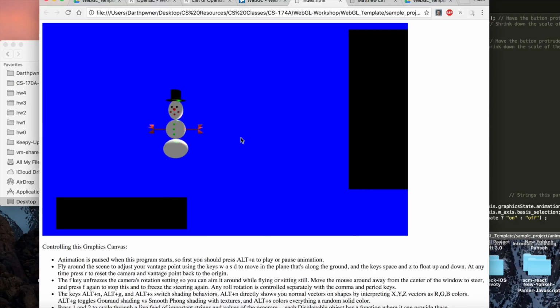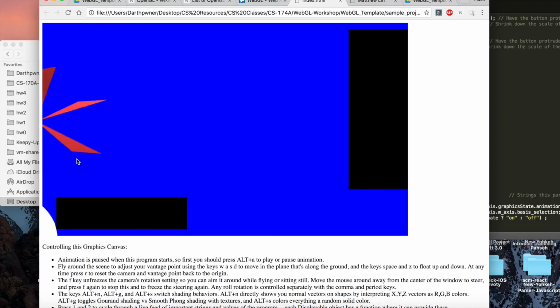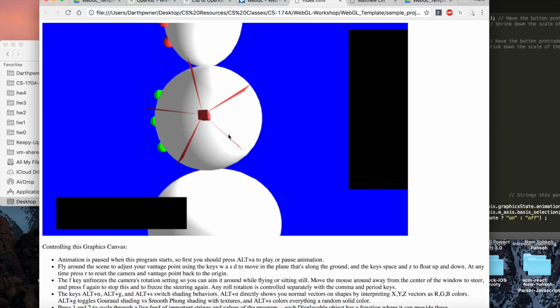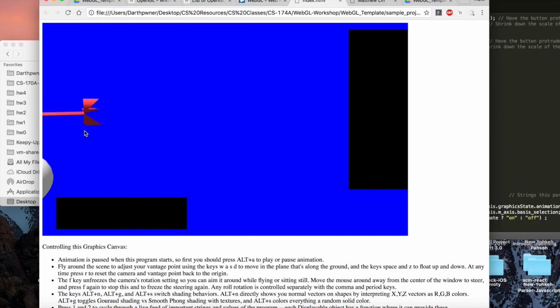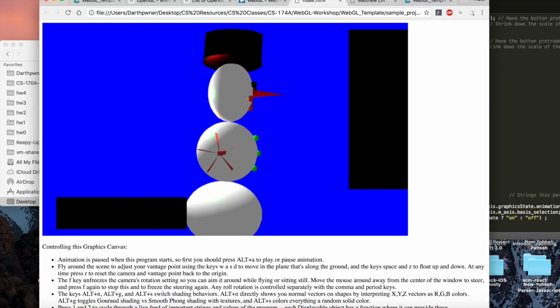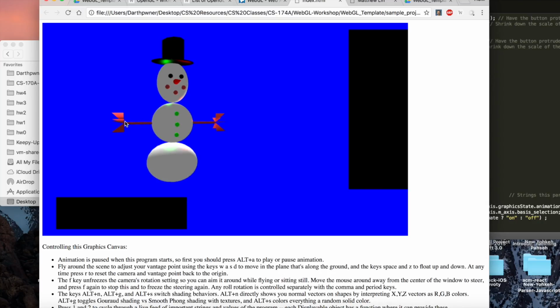So now it's aligned correctly. We can see that these are essentially symmetric on both sides. If we go here, then if we go here, it's lined up. So we have our buttons, we have our arm, hand, facial features, the nose, the eyes, the hat, and then